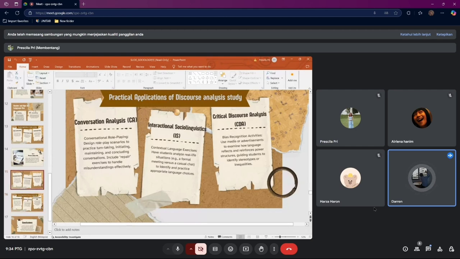Practical application for discourse analysis studies. Right. For conversation analysis (CA), we have the conversational role play. So the teacher can design role play scenarios to practice turn taking, initiating, maintaining, and concluding conversation. Include repair exercises to handle misunderstanding effectively. So in this activity, the teacher can provide any situation. It could be in a restaurant, it could be in public places for the students to practice their speaking,